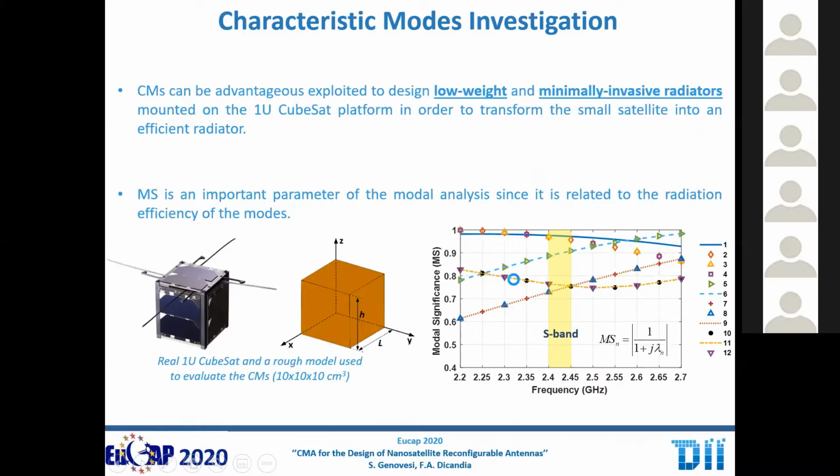And as you can see, there are several degenerate modes, and this is due to the high level of symmetry of the platform. We are addressing the S band, so we are working within this frequency range. The currents and patterns I will show are in the middle of this band, but we can reasonably agree that this behavior is the same across the band in terms of radiation pattern and current.